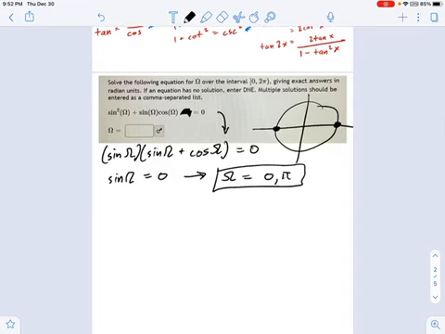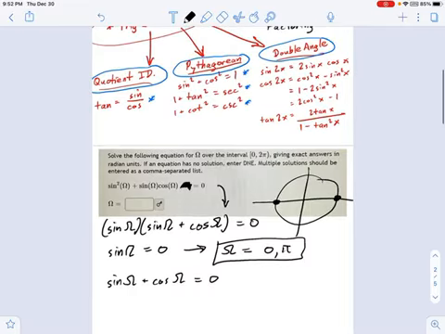So next, we look at the second factor, the one on the right, and that says sine omega plus cosine omega equals 0. And at first, I don't know what to do with this, right? I can't factor it any further. I don't see anything that really jumps out at me. I don't know what the sine plus cosine values are on the unit circle. I only know sine or cosine values. So what you can do is go back to the identities. This is what you always do when you're stuck. Go to the identities and find one that's useful.